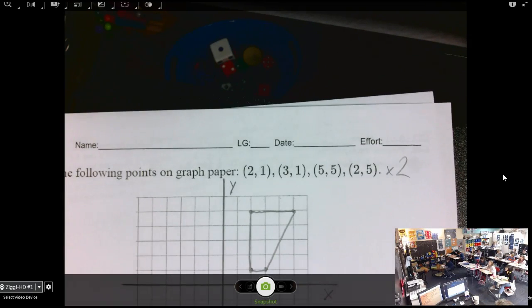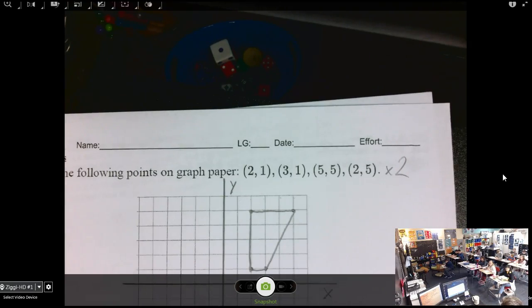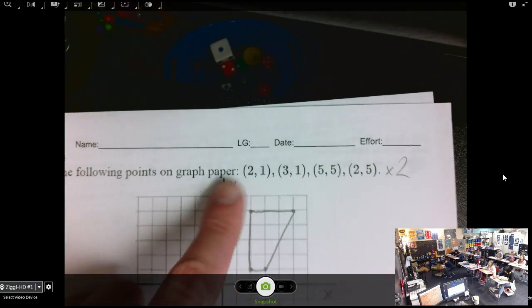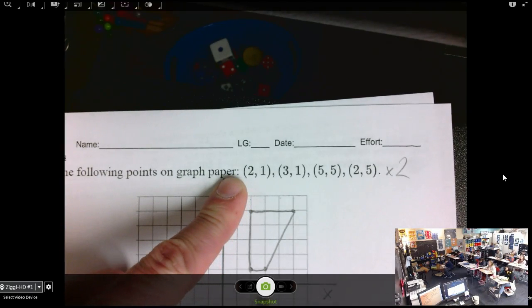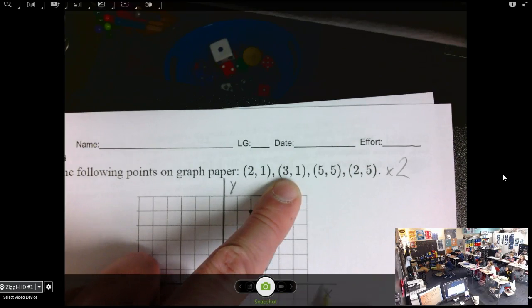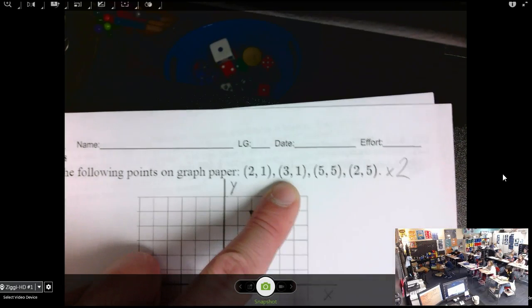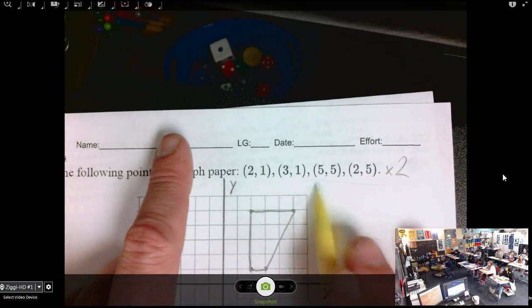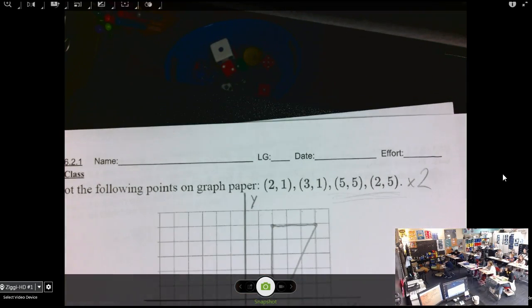Sydney? Sorry, who said it? It's off the graph, right? Somebody said it's off the graph, right? I could multiply this by 2 and get to 4, 2. I can multiply this by 2 and get to 6, 2. But when I go to multiply these points by 2, that doesn't work. So instead,